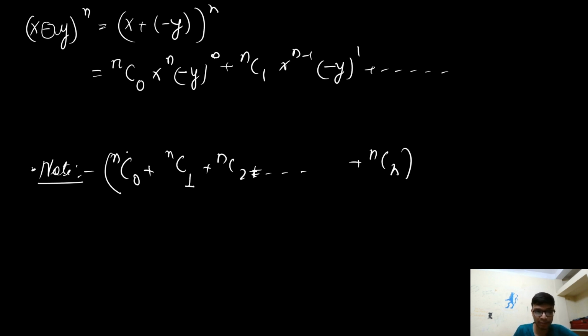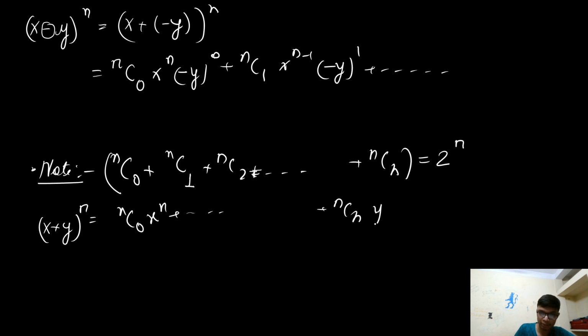That is basically the sum nC0 + nC1 + nC2 and so on up to nCn. Now this particular relation is directly equal to 2 to the power n. Now how does this particular relation come about? If you think of the expression (x + y)^n, it can be written as nC0 x^n and so on up to nCn y^n. Now in place of x, if I replace 1, and in place of y, if I replace 1,